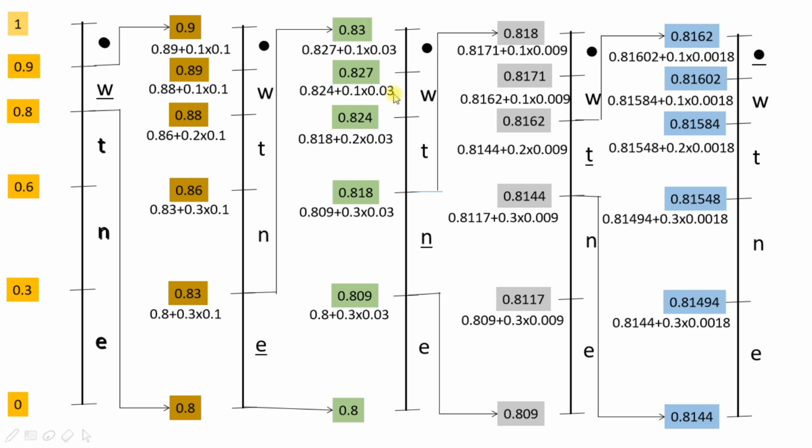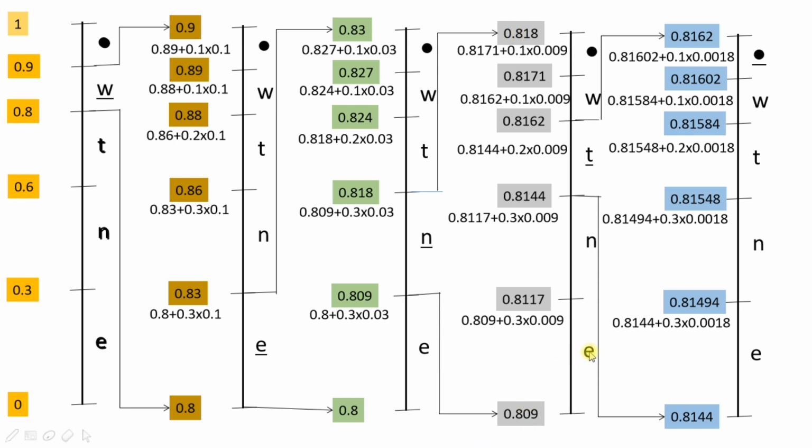and dot. Then the next character which we want to transmit is n. So now first we put the underline for n. So this denotes this frequency, this probability range is going to be divided. Therefore 0.809 will come here, 0.818 will come here. So now this range, that is 0.809 to 0.818, will be divided into 5 different intervals for the symbols E, N, T, W and dot.